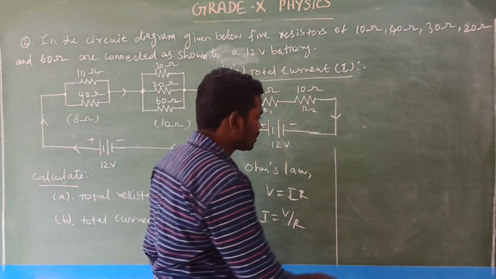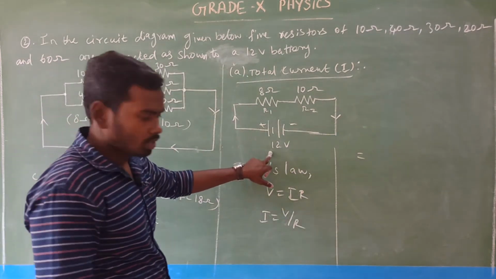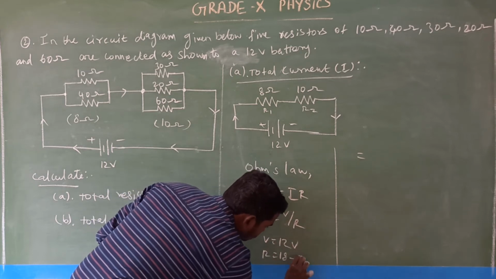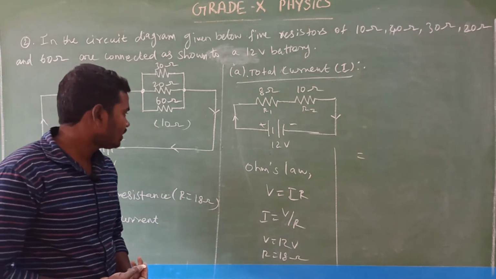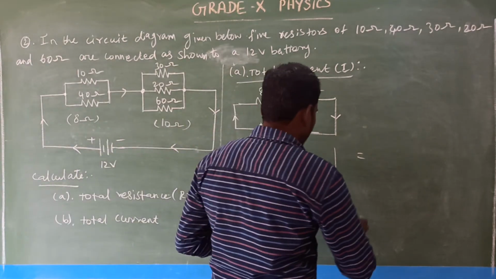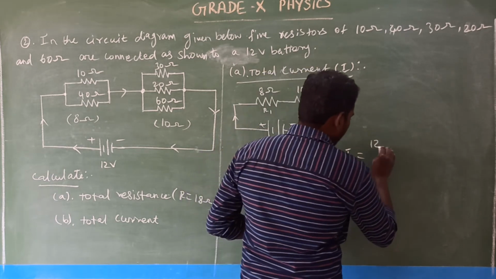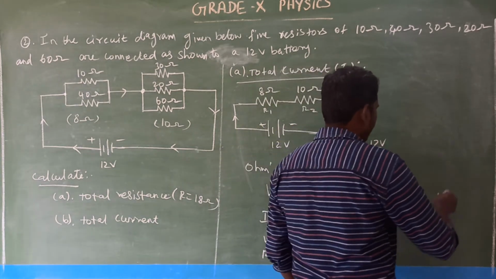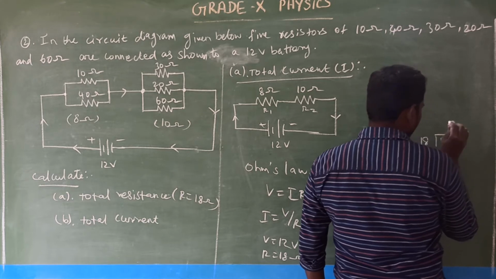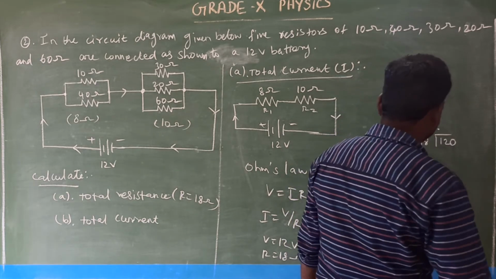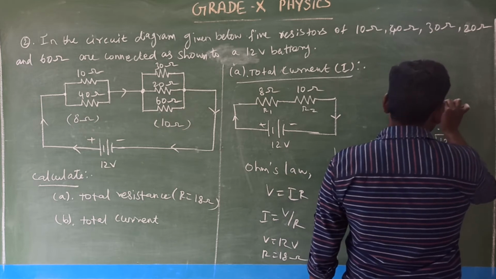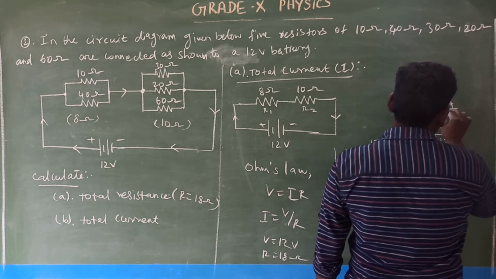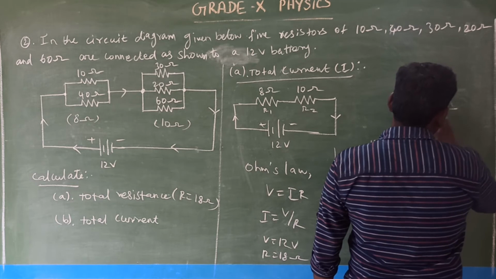Yes. So what is the V value, sir? The total voltage, that is 12 volt. V value 12 volt and R value 18 ohm, students. Isn't it? Yes. So substitute these values. So I is equal to 12 divided by 18. So 12 volt divided by 18 ohm. You further divide both, so we can get the smallest number. Put one dot, add one 0. Then what will be the values here? Yes, 18 into 6.